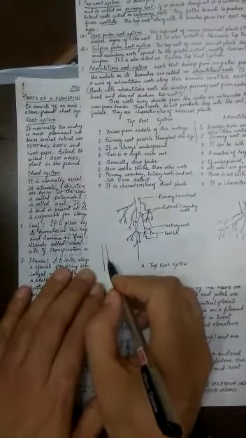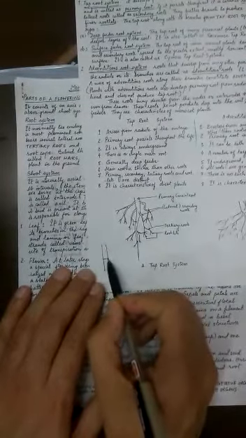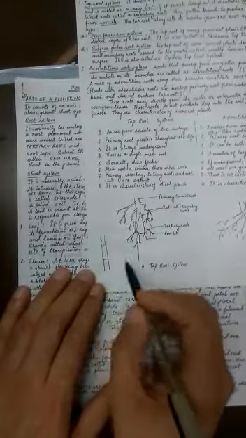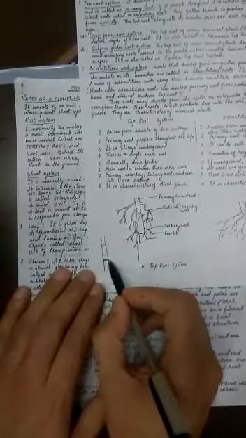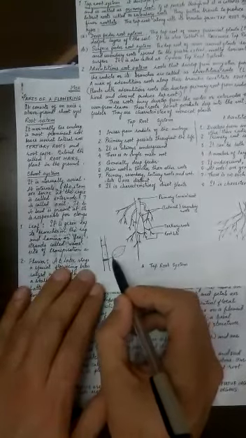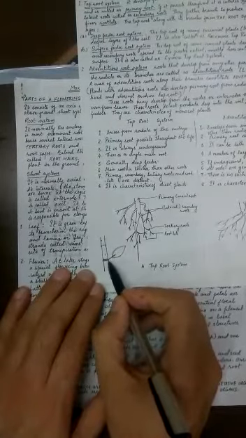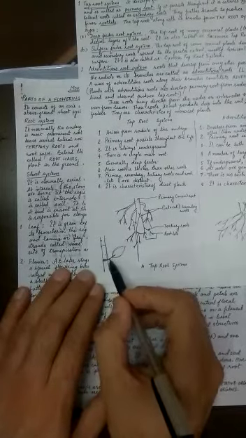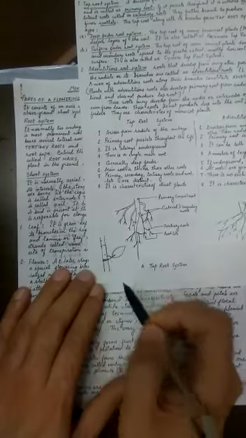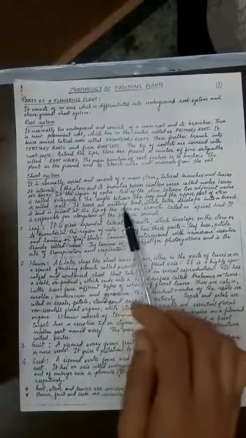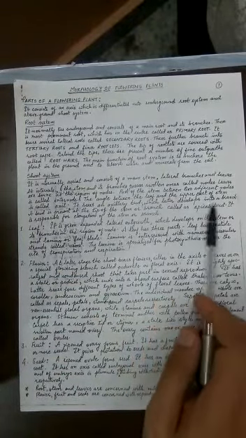If I draw a stem like this or a branch like this, and this is the node, this is the node, the gap between nodes is called as the internode. Now the nodes are the places where leaf originate. So the leaf, this is the stalk of the leaf, this is the branch. So the angle between these two things is called as the axil. So this is axillary angle or axil. So this is the place where a bud develops. So it bears an axillary bud which later develops into the branch.